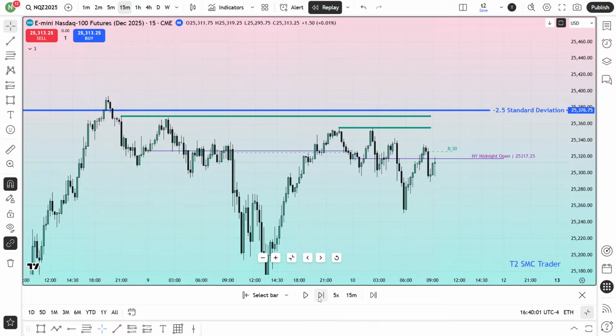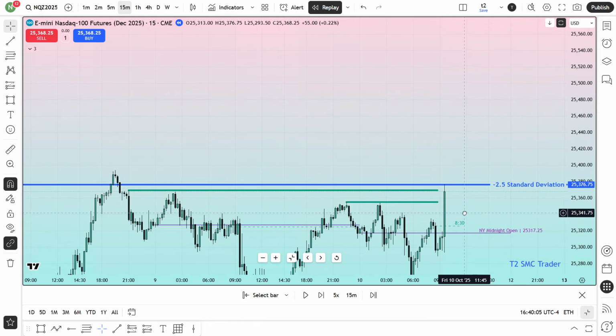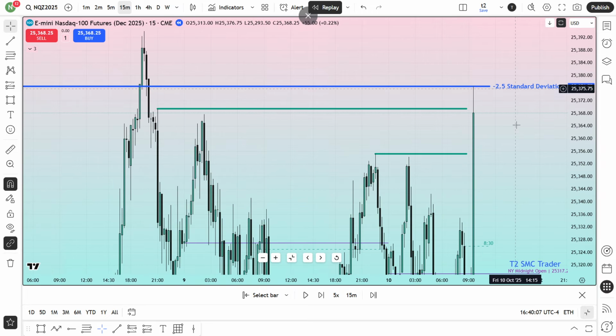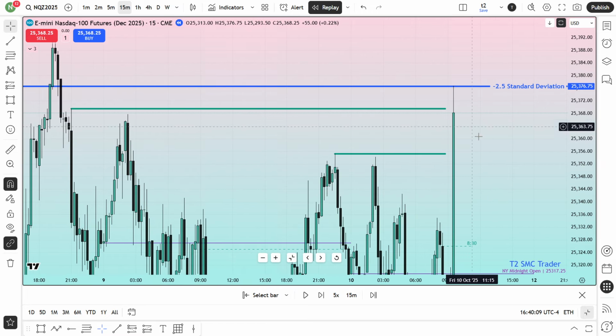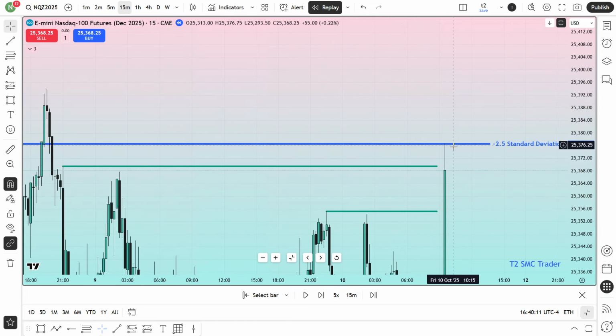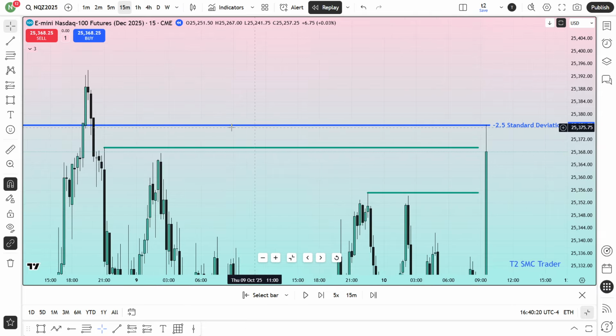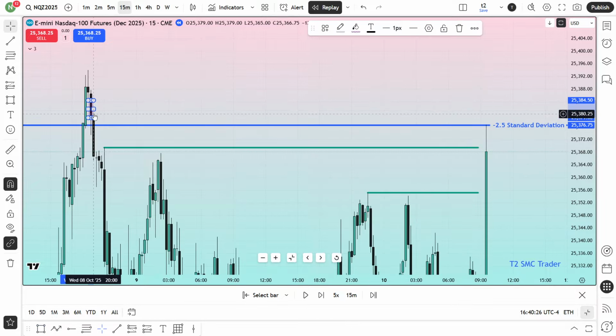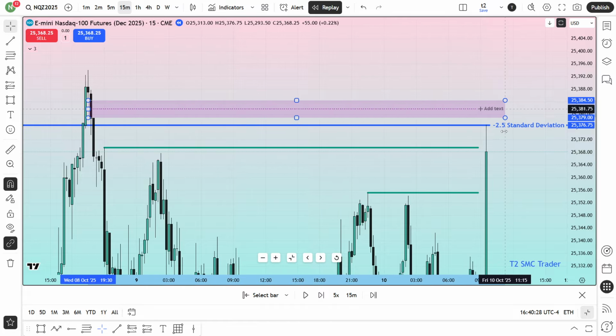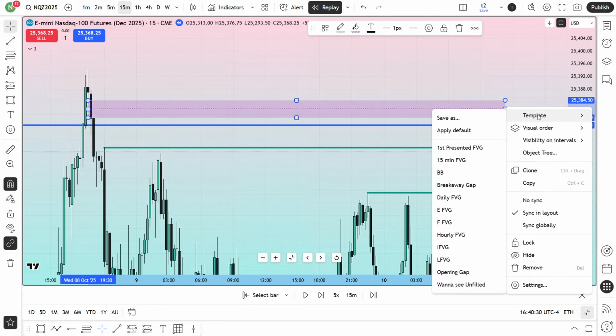Now you can see around 9:30 market open. This is the 9:30 candle. Okay, so market opened and exactly tapped to this minus 2.5 standard deviation. Now this was enough. Simply this was enough for falling. Why? Because this is that minus 2.5 standard deviation, but I wanted to see it tap to this last fair value gap. Because, so far you have seen that the beauty of the last fair value gap is so important to me.